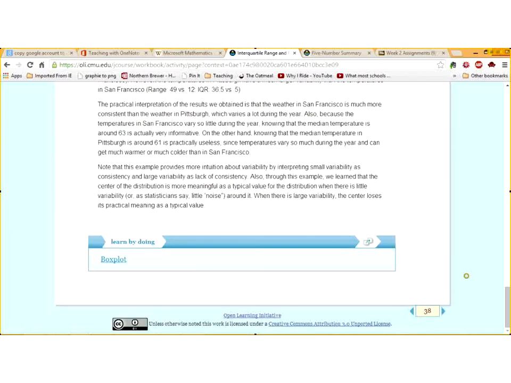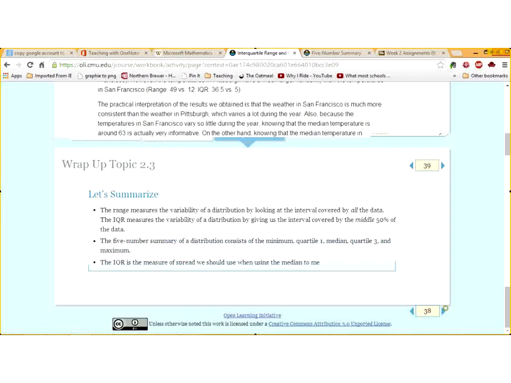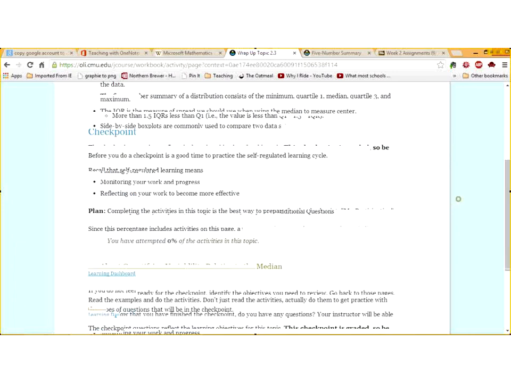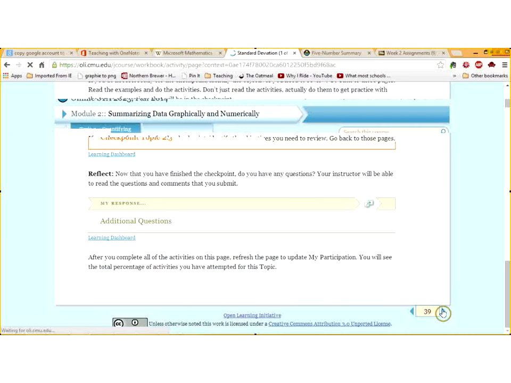I think the last one, the one by doing, is the one that walks you through how to do a box plot on the calculator. All right, and then we're on our wrap up with the summary and the checkpoint for 2.3. So just one